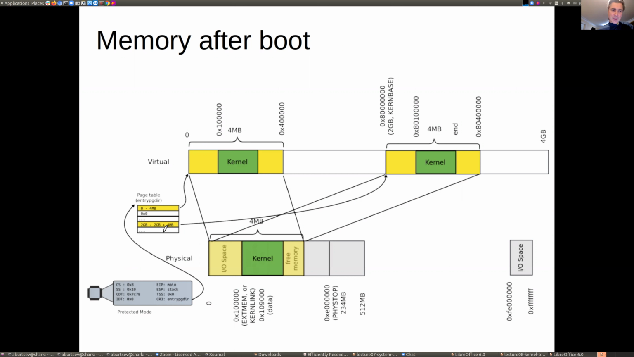And really the kernel, which we loaded at the first megabyte, sits right here in physical memory. There is some free memory above it, because the kernel itself is less than 4 megabytes, less than 3 megabytes even, if you start from 1 megabyte here. There is some IO space, something like some memory below this 1 megabyte is used to communicate with IO devices,